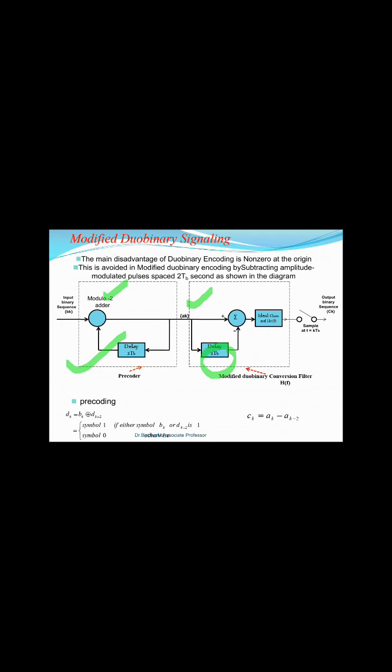You perform a modulo adder action with your previous bit. Pre-coded input without any error is allowed to pass into an encoder segment. Instead of having 1 bit delay time period, we are going to introduce 2-bit delay time period. That's why the circuit is called modified duobinary signaling, and we get an encoded output. So here the variation is only d_k minus 2. Wherever we had TB, it is now converted in terms of 2 times TB.